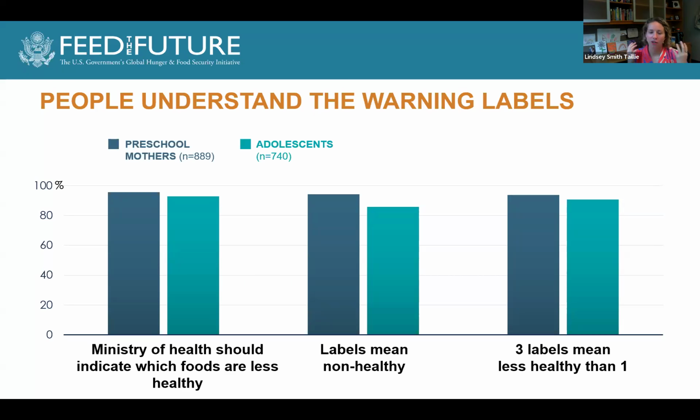When we put on a bunch of numbers, the guideline daily allowance label, for example, where you're just taking the numbers from the back and putting them on the front, people don't understand that, and it can sometimes provide conflicting information. But with the warning labels, all they have to do is look at a glance and count the number of labels, and they can see, oh, this product has 3 or 4 labels. That's going to be pretty unhealthy. They don't have to weigh grams of sugar or grams of salt or percent daily value. It's just very transparent.